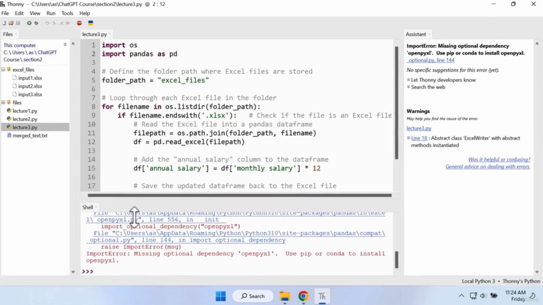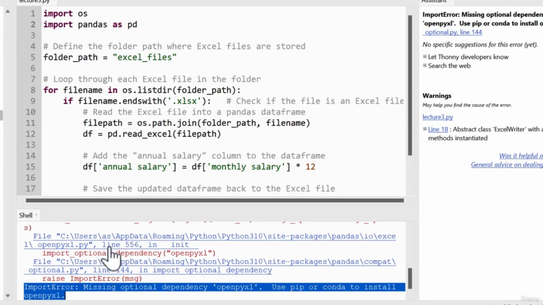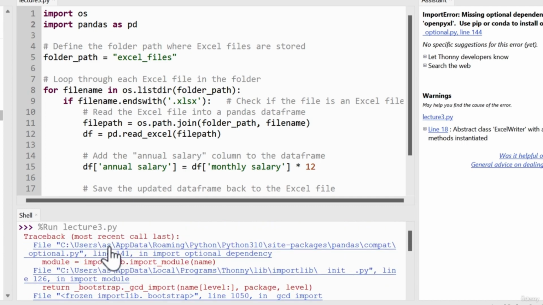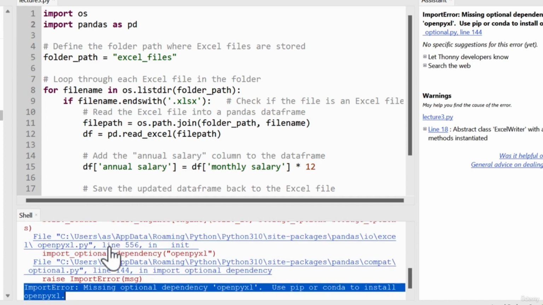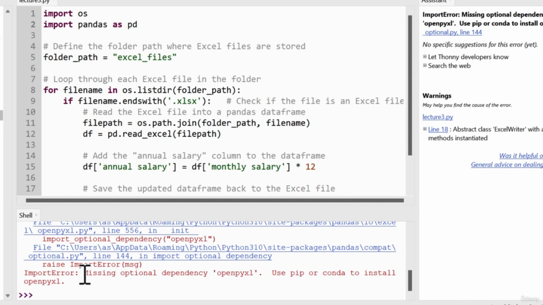So there we go. This time, again, you want to read the last line of the error. Don't worry about the other lines. So you don't need to know these, right? Only read the last error. So this time we have an import error. Missing optional dependency,